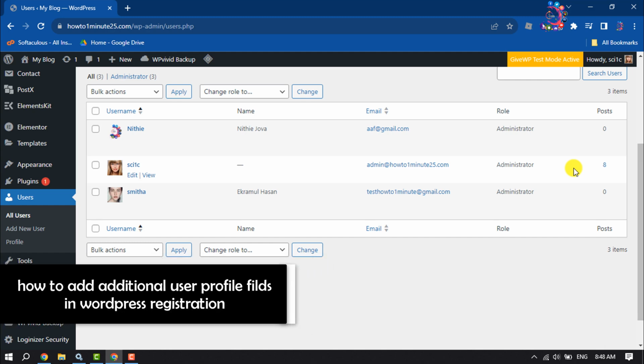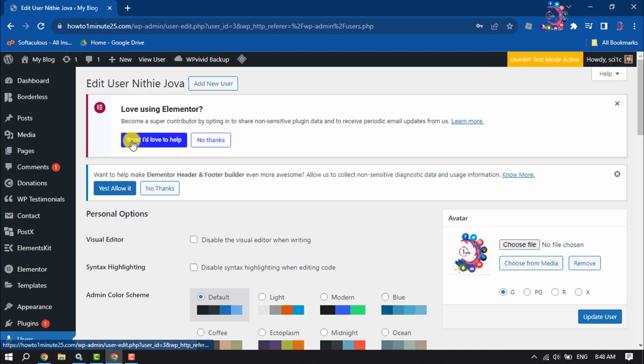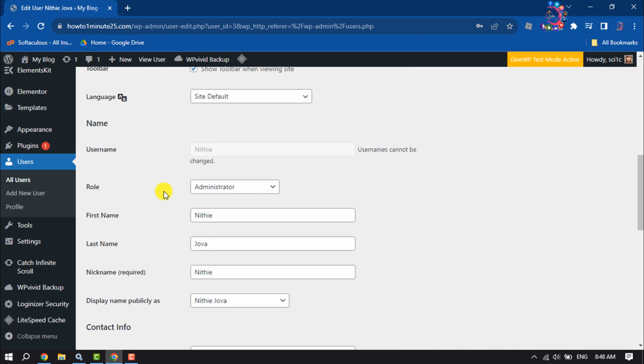This How to 1 Minute video will show you how to add additional user profile fields in WordPress registration. As you can see right now, I'm in my WordPress user section, and now let's edit a user. I'm scrolling down. As you can see, this is the registration form where I will add an extra field called Twitter username. To do that, I'm going to install a plugin